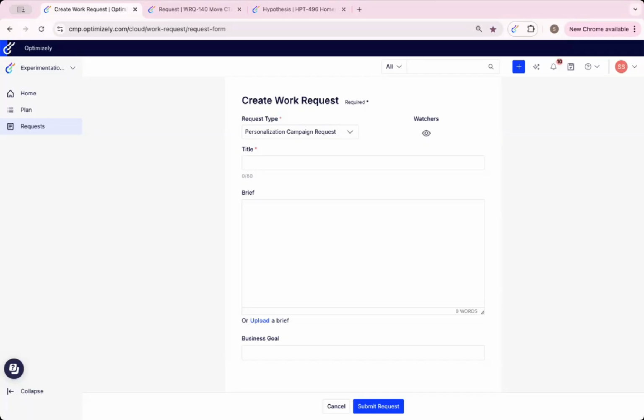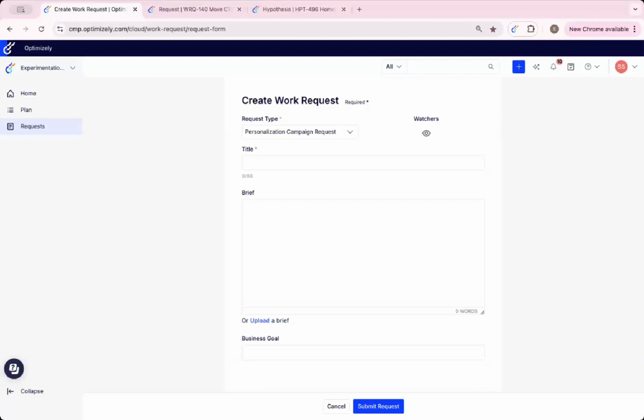Now, where does a personalization campaign start? Well, like most things, it starts with an idea. And great personalization ideas can come from anywhere in the organization, from your marketing team to the product team to the ecom team, and perhaps even frontline sales folks. With collaboration, which is not something you're going to get from other A/B testing or personalization tools, by the way, we are able to source ideas from across your organization and streamline the process of creating, managing, and collaborating on